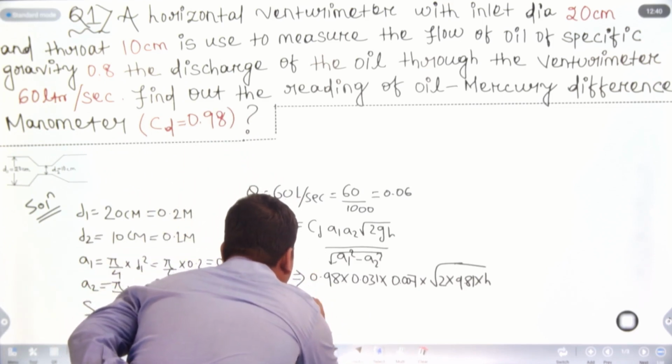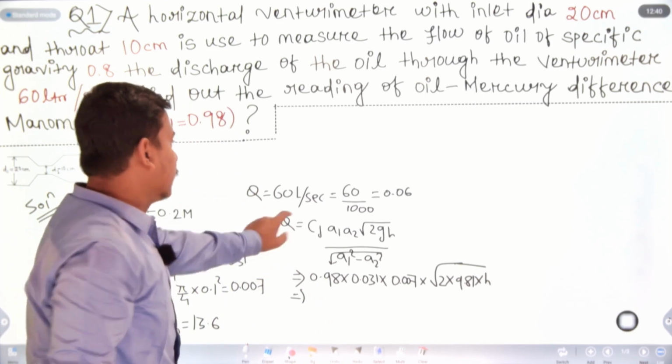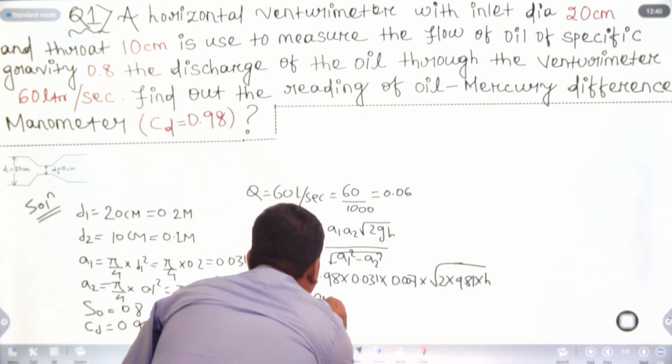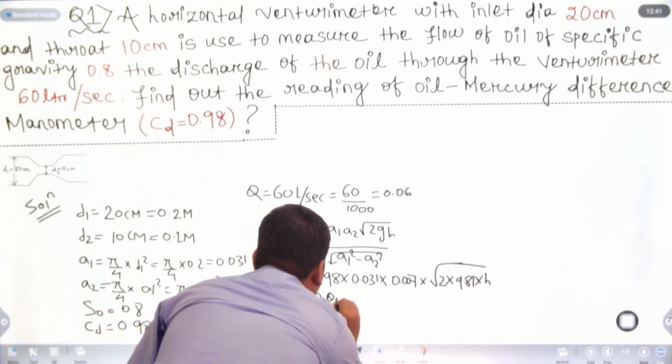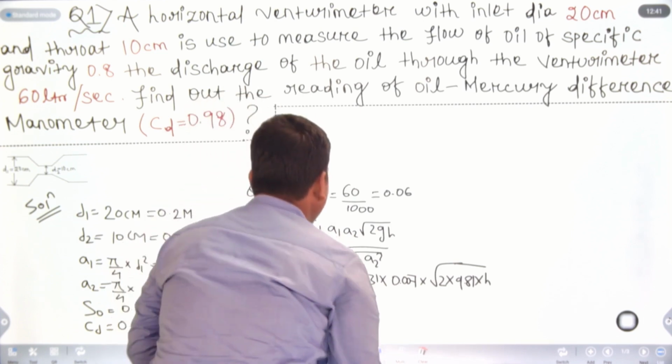That implies that Q is given. That means 0.06 is equal to